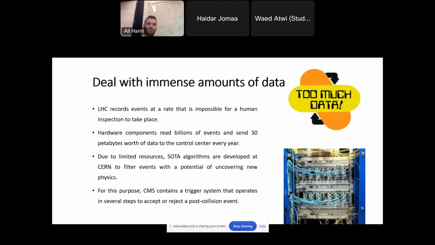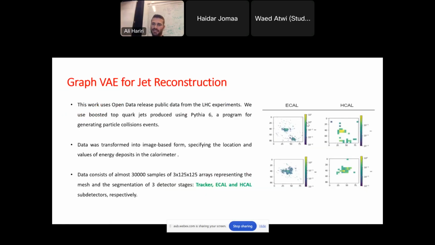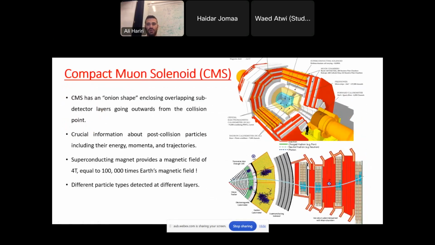So people at CERN also decided to use AI, GNN applications with particle physics. It's basically to take these particle jets and particle collisions and model them as graphs. We have a shower of particles, and these particles will be the nodes, and the KNN connection of these particles would make the whole thing a network structure. Now I have a GNN that can learn over particle jets at CERN at different layers. At the level of all of these layers that you saw here, we have a GNN learning over each layer and then across the layers.